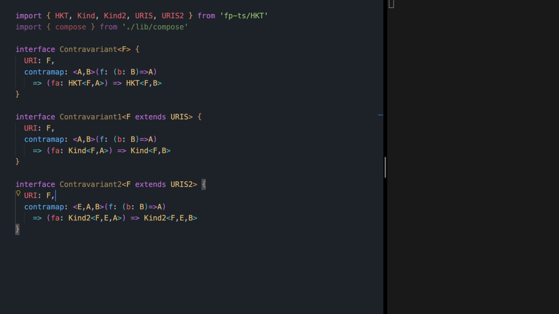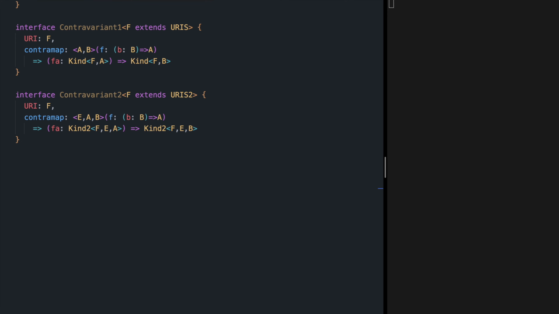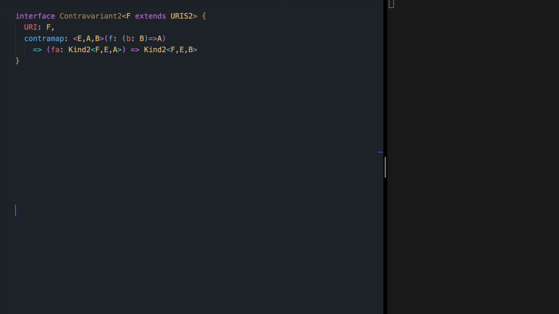Now that we saw how to define contravariant type class, let's look at an example of a structure that is contravariant and implement an instance for it. Before that, let me create a little bit of space here. Let's consider a structure Predicate that receives, consumes, or depends on something and maps it to true or false. You're already familiar with this structure. This is exactly what you use when you are passing a function to filter. What you pass to filter is a predicate.